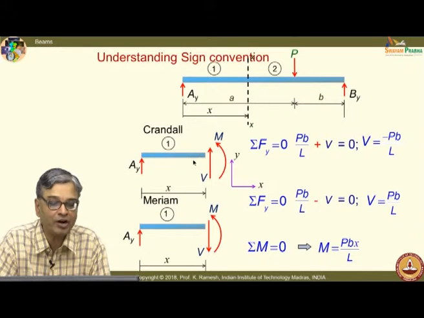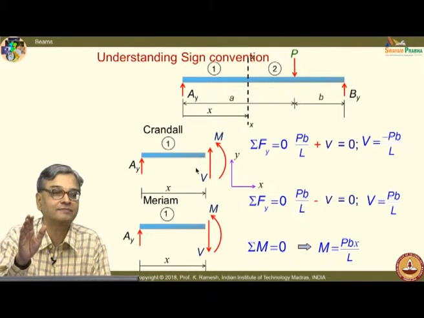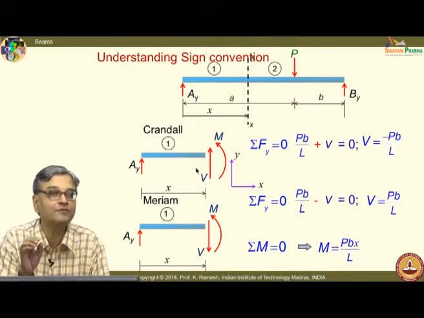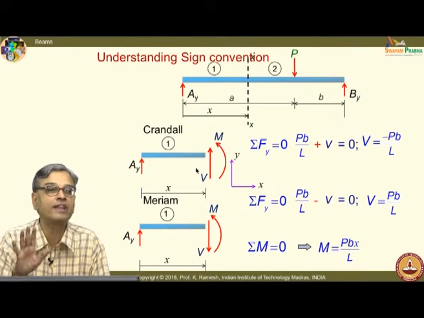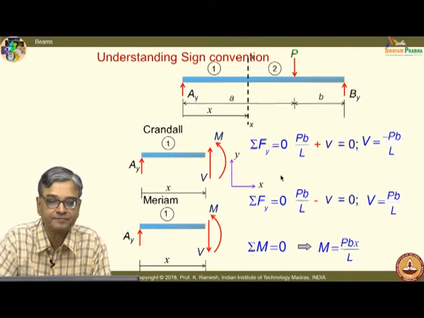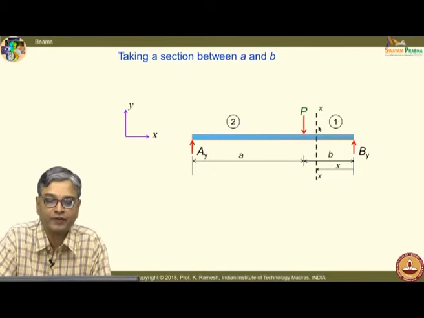When I isolate a body and want to put the forces, I follow a convention to put the forces. The moment I put the forces, when I solve for these forces, my reference point is the coordinate axis. You should understand this distinction clearly. I said that we have not completely got the variation over the length of the beam. So, we should also find out what happens in this segment, and I can separate it into two segments, segment 1 and segment 2.